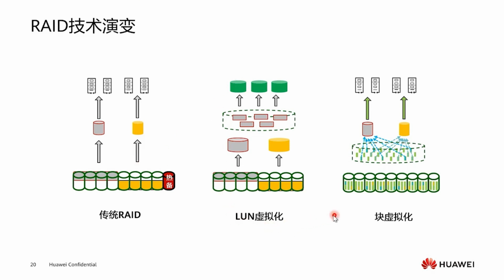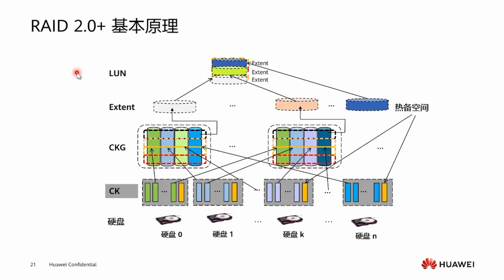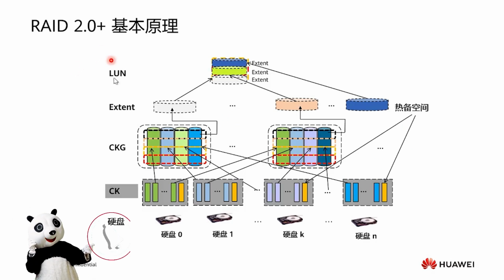In order to solve the above problems of traditional RAID and to comply with the development trend of virtualization technology, the following alternative solutions were born. Like LUN virtualization, it is based on traditional RAID to divide the RAID group into finer granularity, then combine the divided units to build a space accessible to the host. Block virtualization divides the hard disks of the storage pool into small granularity data blocks, builds RAID groups based on data blocks, so that data is evenly distributed on all hard disks in the storage pool, and then manages resources